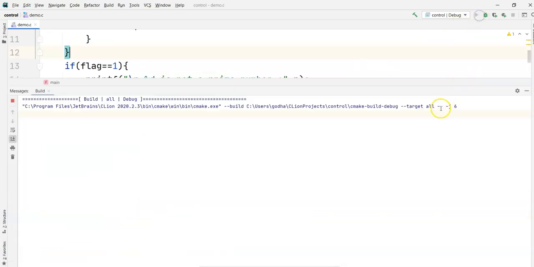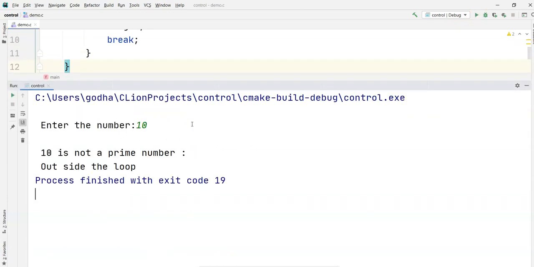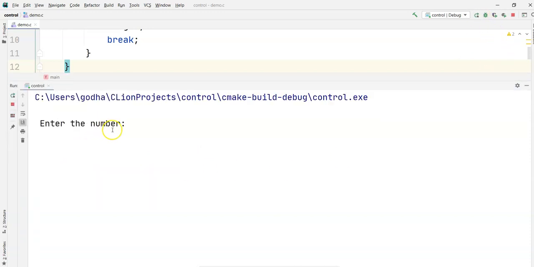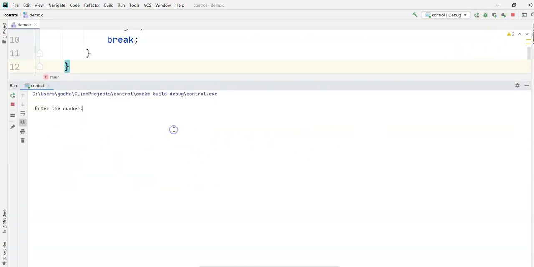Let's see an example right now. Run the program. Enter the number 10. 10 is not a prime number. Run the program. 9. 9 is not a prime number. Now let me take 7.